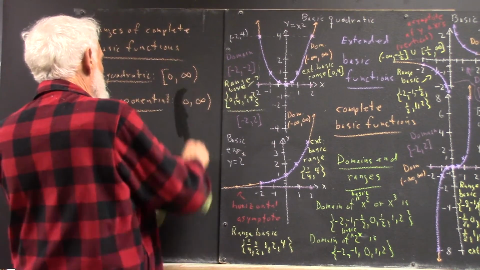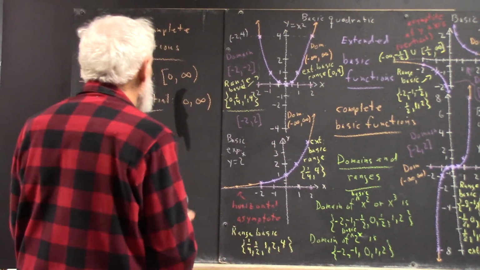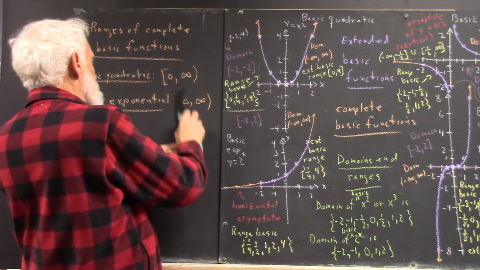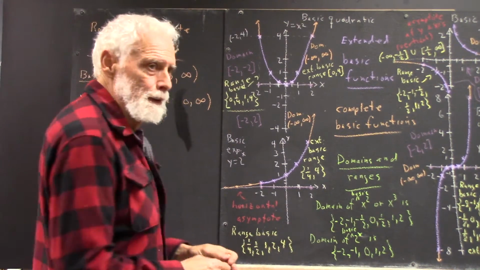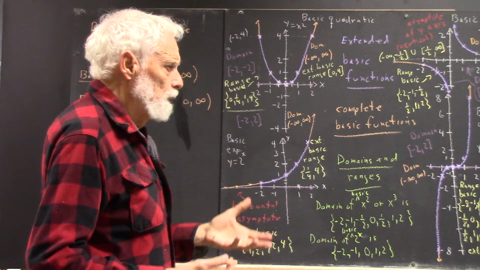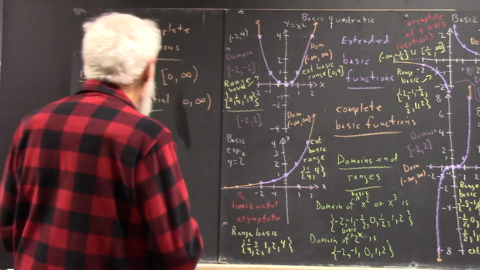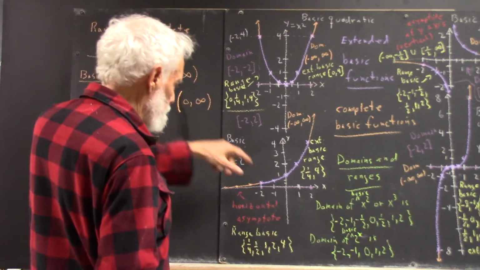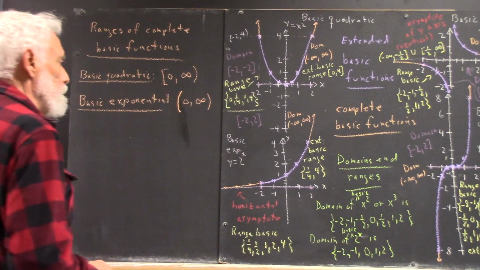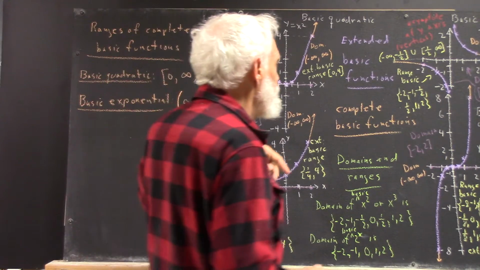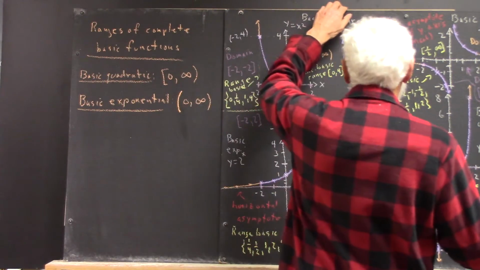And we don't get the value 0 because there's no value of x for which the reciprocal of 2 to the x would be 0. 2 to the x is always some number. The reciprocal gets really tiny, but it doesn't ever actually reach 0. I've said that in a number of ways. Okay? Now, for the basic reciprocal function,